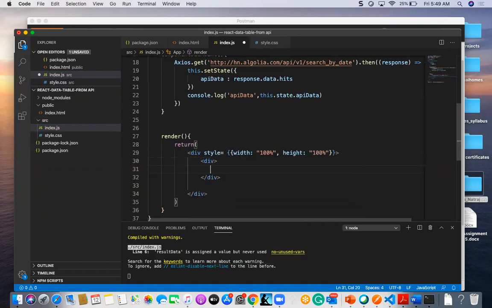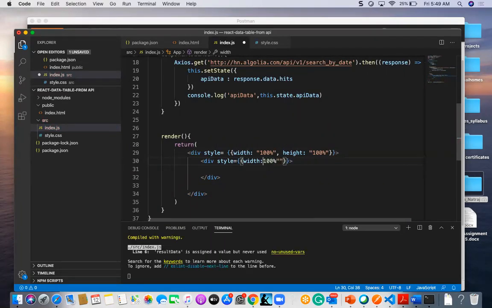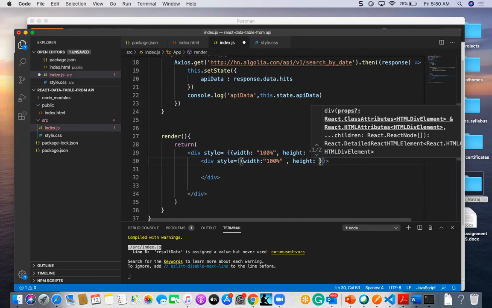And I'm going to give a div inside this. One more div, and that div has a style equal to width 100% and also height 50%.